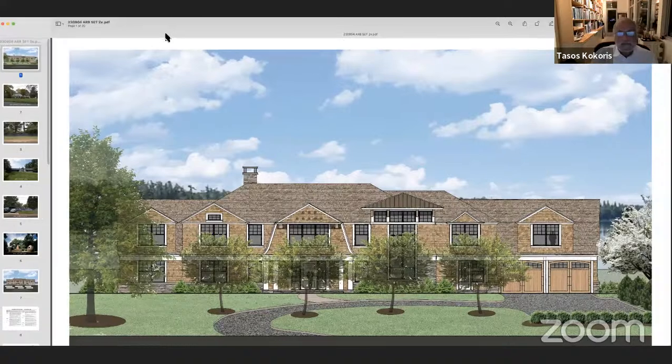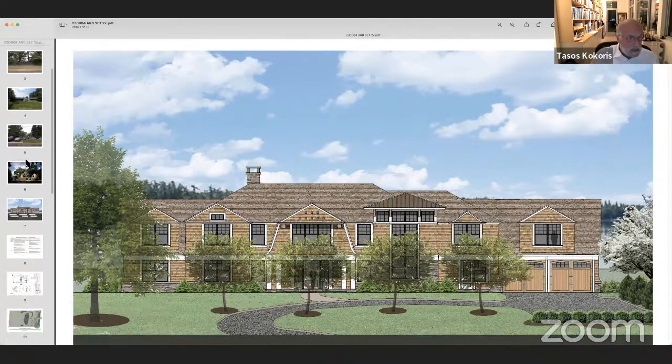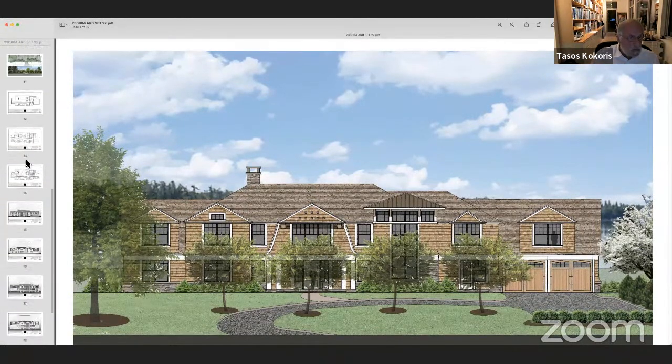Okay. May I share my screen? Yes, please. This is, as you mentioned, for 50 Half Moon Lane. We've been before you in the past to gain the original approval from this board for the design of this house. And I was asked by the owners to design some revisions to the approved plan, and we're here to present them to you. I don't want to go through the entire application. I think you've seen it. So I'd like to focus on the revisions that we're proposing.